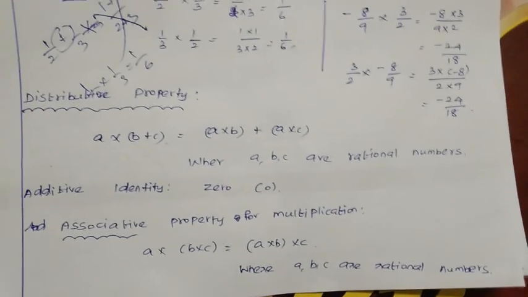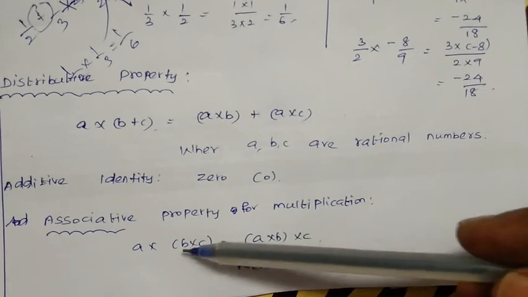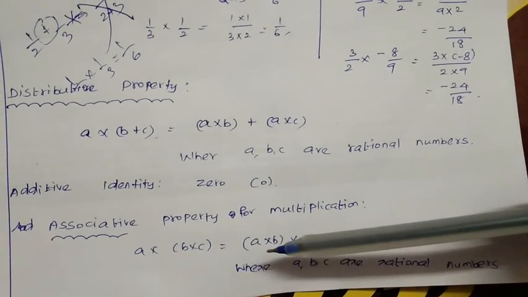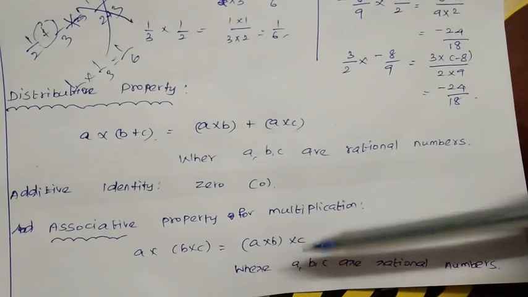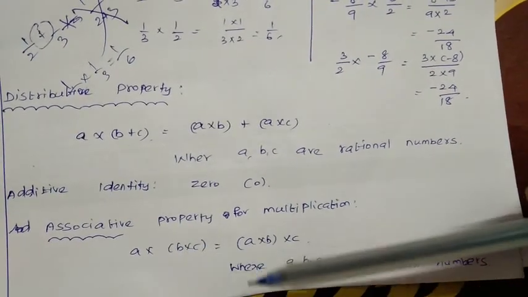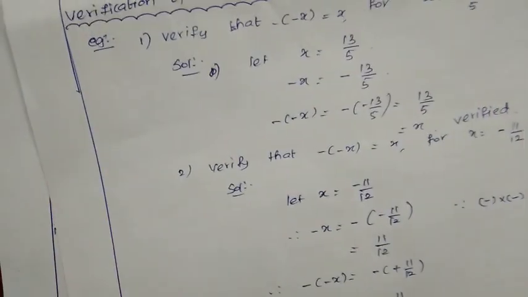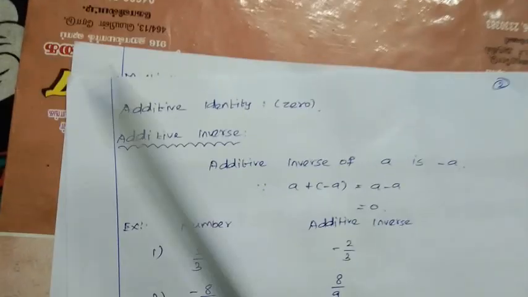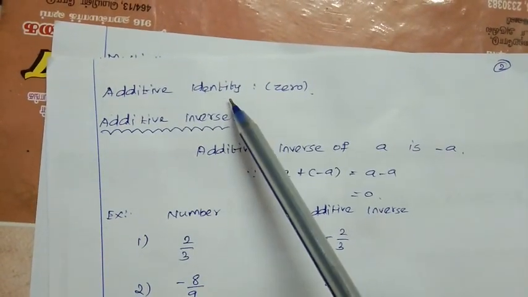Similarly, you can recall A plus B plus C also, A plus B plus C; we can write the bracket like that. So using this we can solve many problems. Okay. Now in the same way, you already know what your additive identity is.